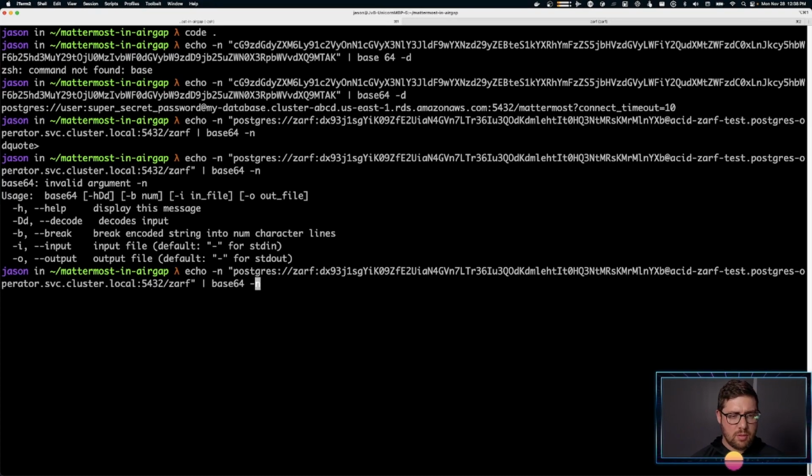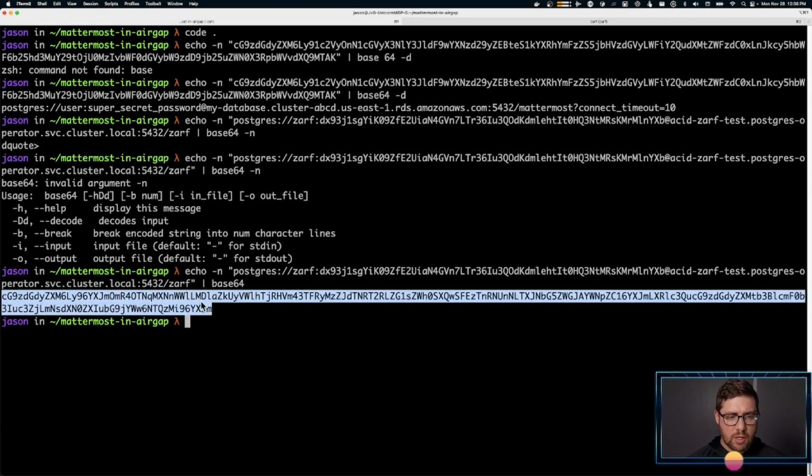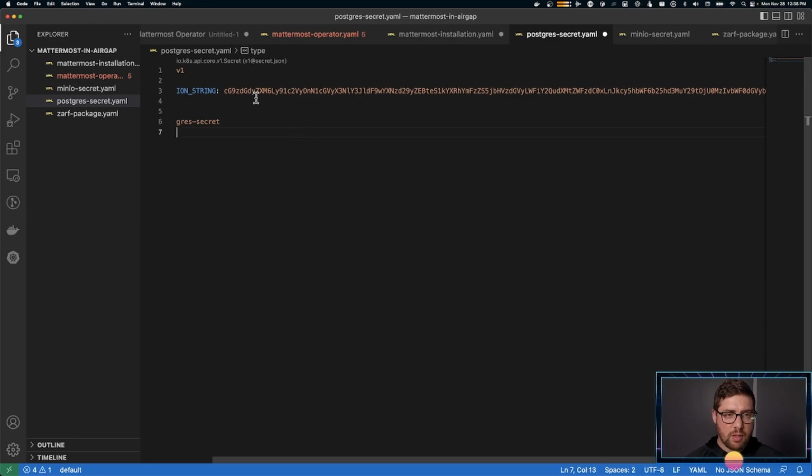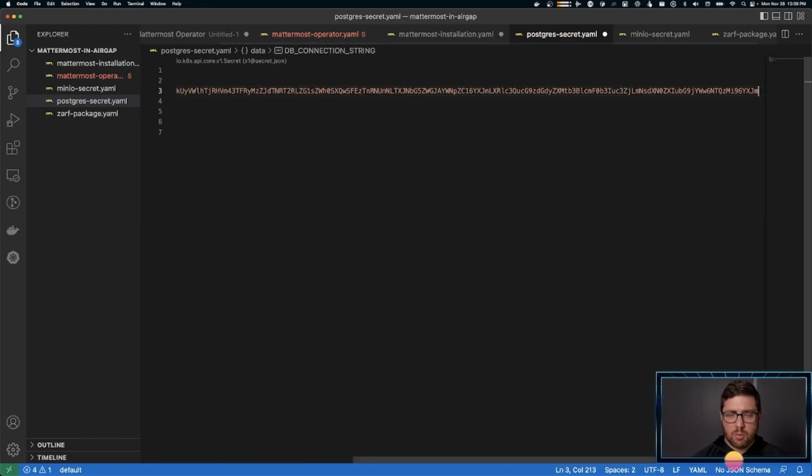And echo that, flush into base 64. And we have our new fancy string. So that's going to be our database connection string right there in our secret. Of that,